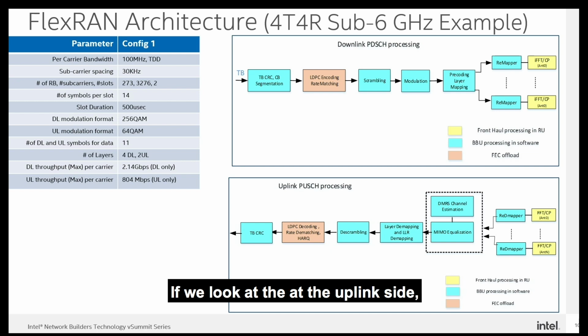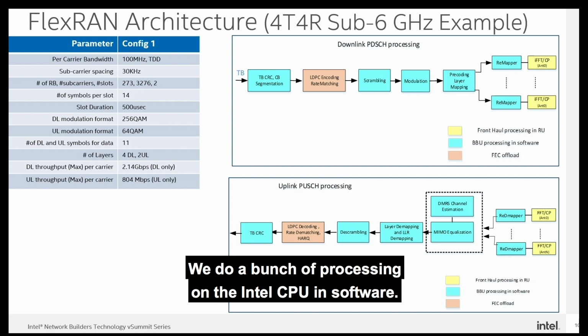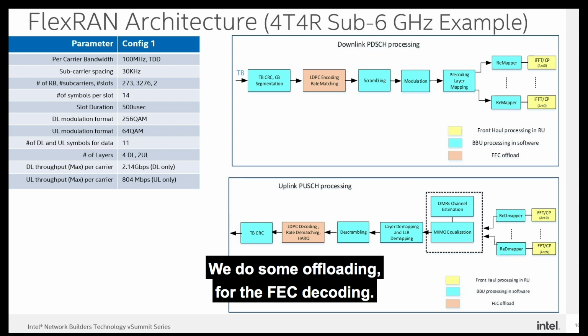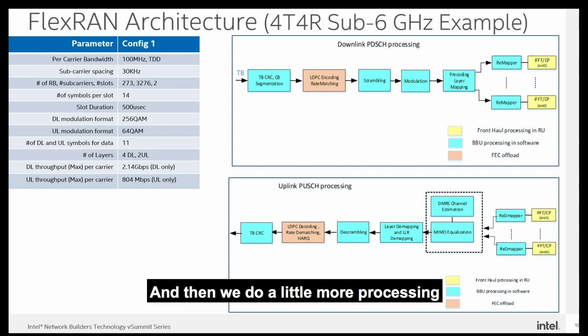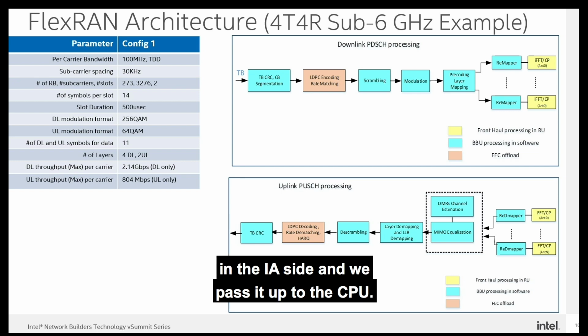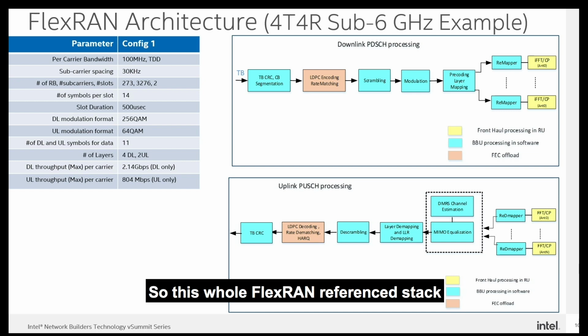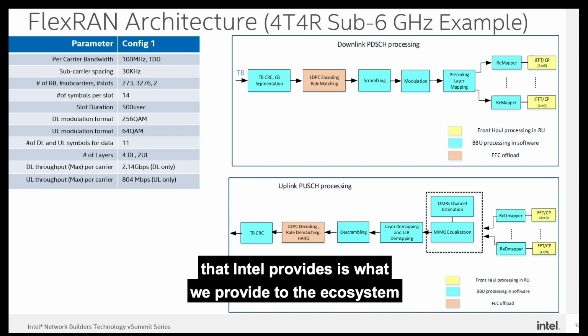If we look at the uplink side, it's essentially the reverse. We get the data in from the RU, we do a bunch of processing on the Intel CPU in software, we do some offloading for the FEC decoding, and then we do a little more processing on the IA side, and we pass it up to the CU. So this whole FlexRAN reference stack that Intel provides is what we provide to the ecosystem